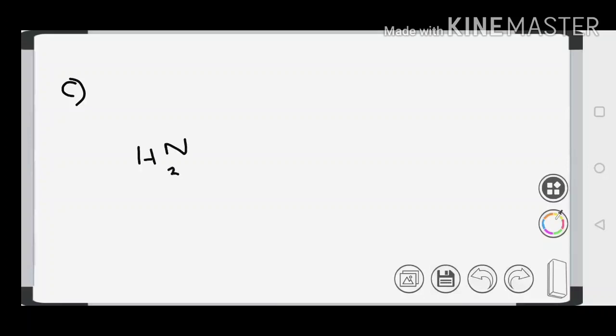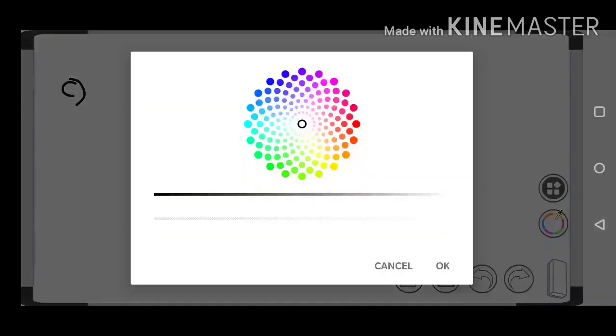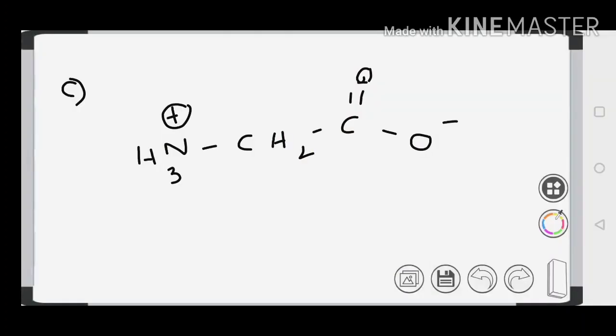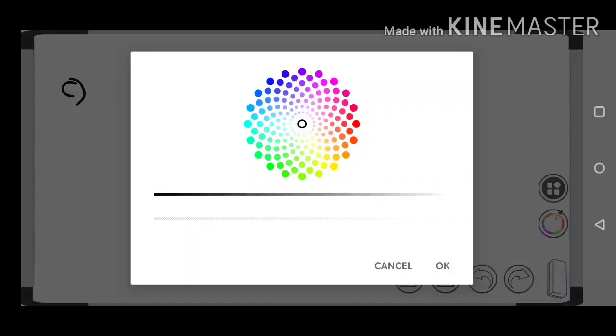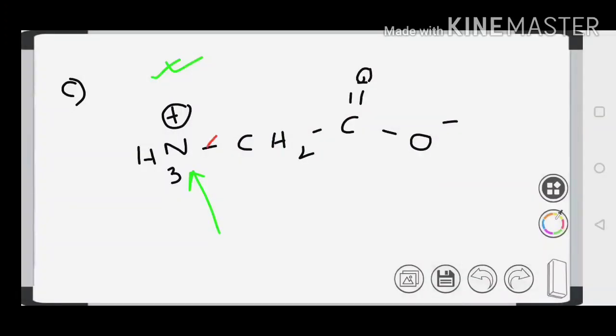Here we have NH3 plus. Now plus charge is there. That means there is a natural electron deficiency on this nitrogen. So it is CH2 bond CH2, this CH2 single bond C double bond O, single bond O minus. So you can see that NH3 plus is present, and due to the presence of this